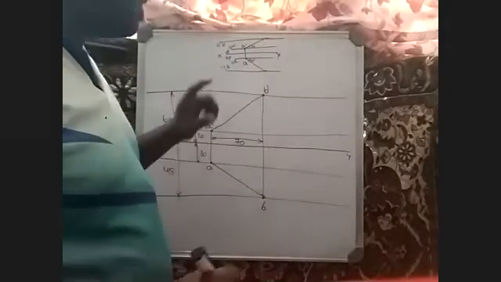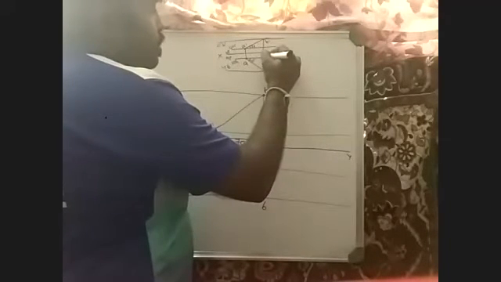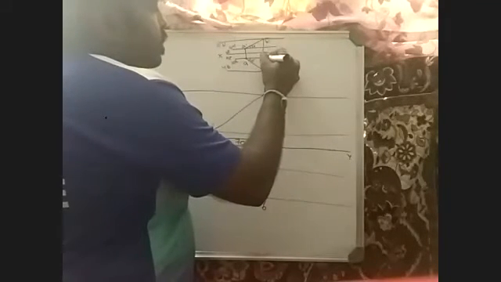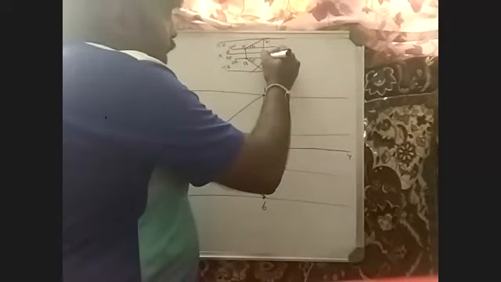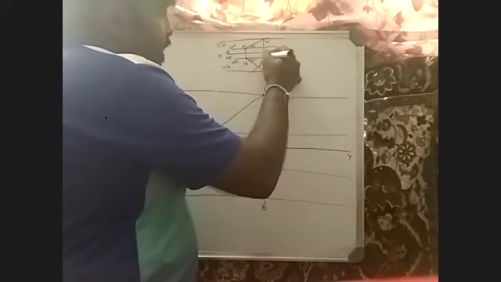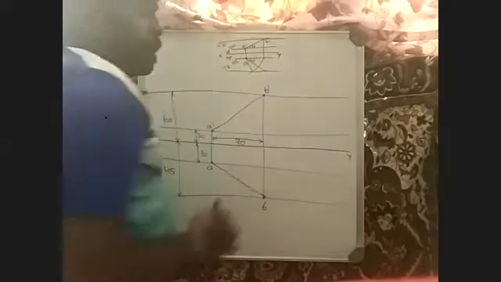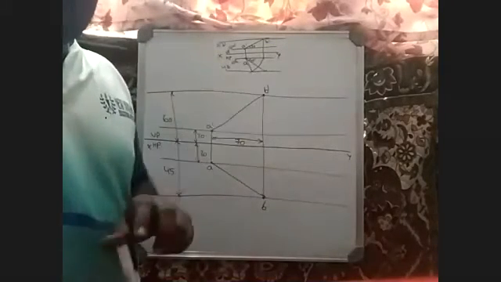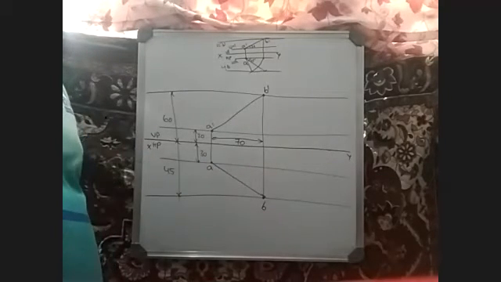How do we get the apparent length? From this B1 point, I draw a straight line to the opposite locus line. Taking this as a measurement, I'll cut an arc. So for the truth I come straight. Then for the apparent, I take the measurement and cut an arc. Wherever it cuts, that is the apparent length line. This is the procedure we have done. Now this is the reverse way.